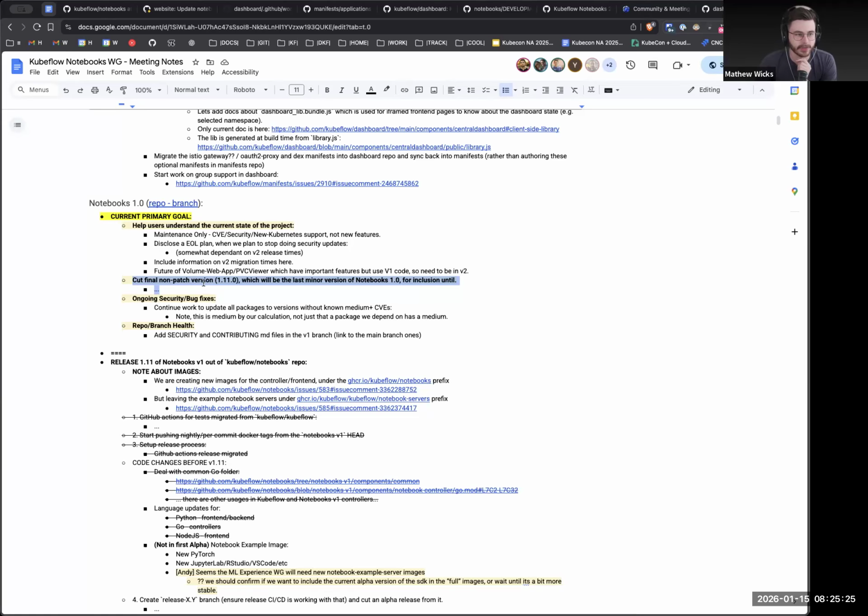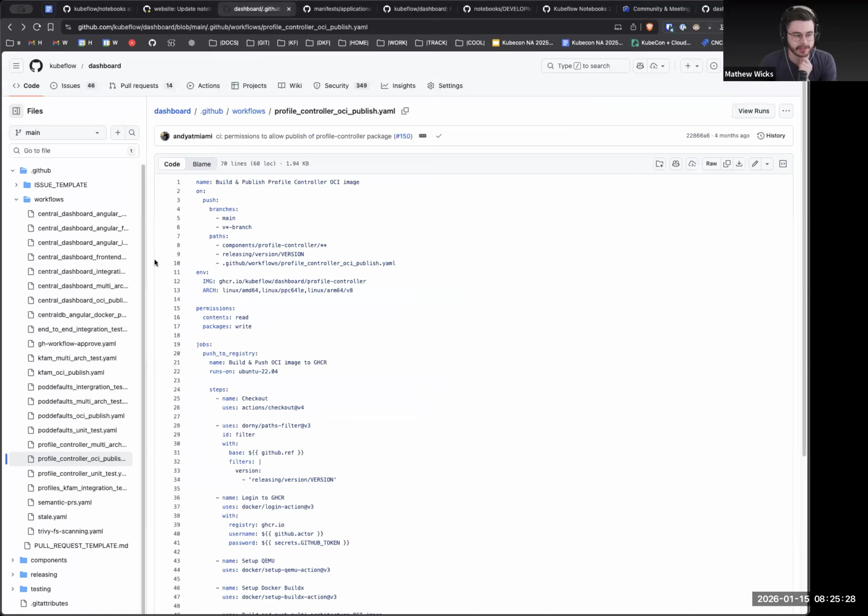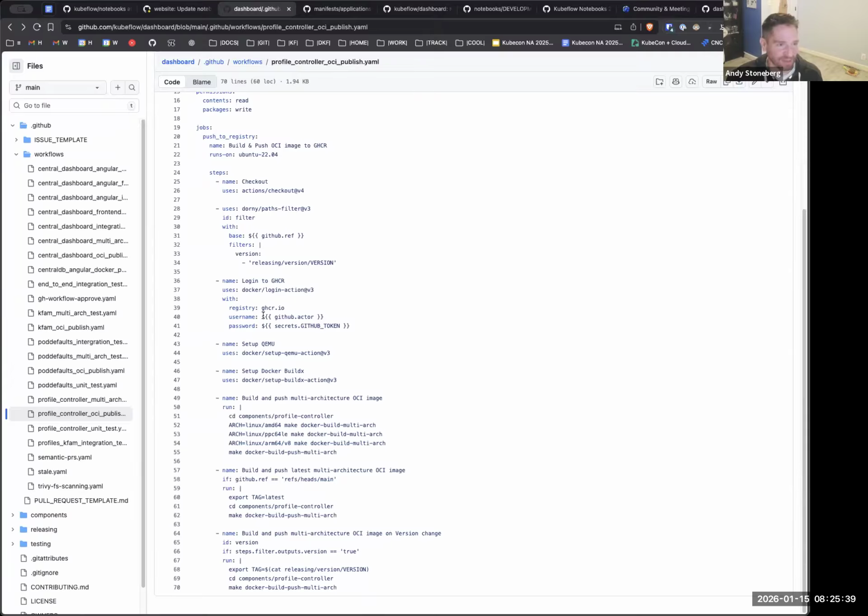I guess the question about the workflows, though, since we will be dealing with this for a whole year, is whether it's easier to just take the reference workflow and copy and paste it here from the V2 branch. In my mind, it's more work, and the V1 stuff works. It was set up that way for years in Kubeflow, so I don't really see a return on investment. The only benefit is it's less likely to fail and it has attestations. But I think it actually isn't a lot of work. It's one of those things a new contributor could do.